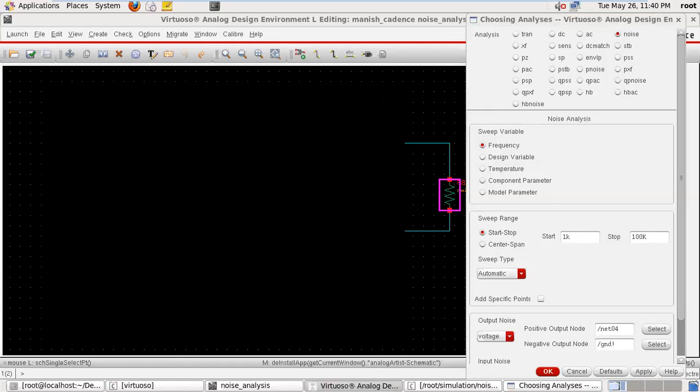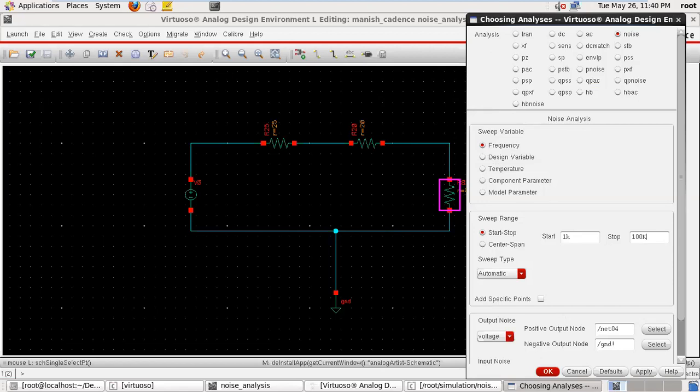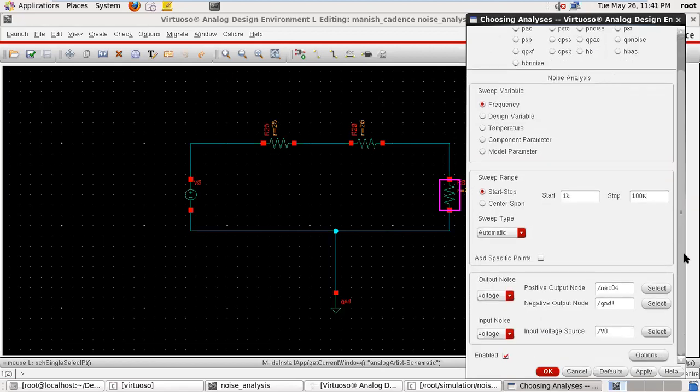Okay, so now for the output, there are two windows: output noise, in which you want to measure the noise, and input noise. The output has two types of variable: voltage and probe. When you select the probe, you give the name of the instance, but here in the first case we have selected voltage, so two wires. The first wire is my point A in the circuit, so just click on the wire.